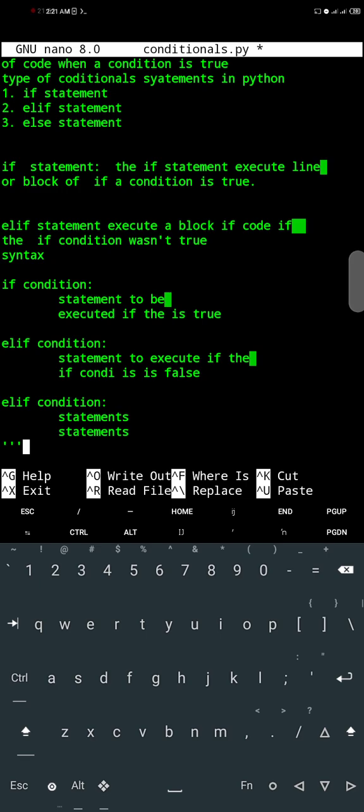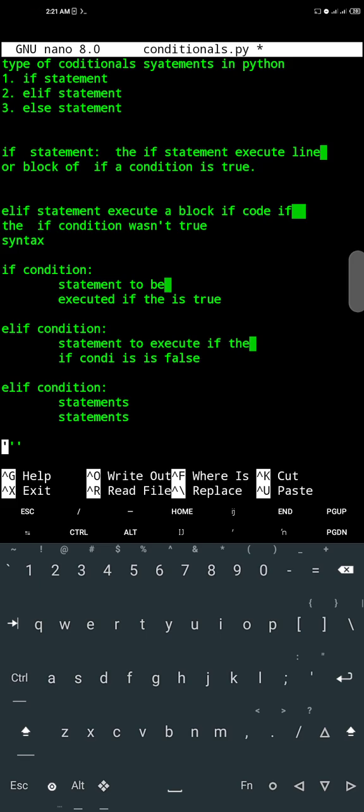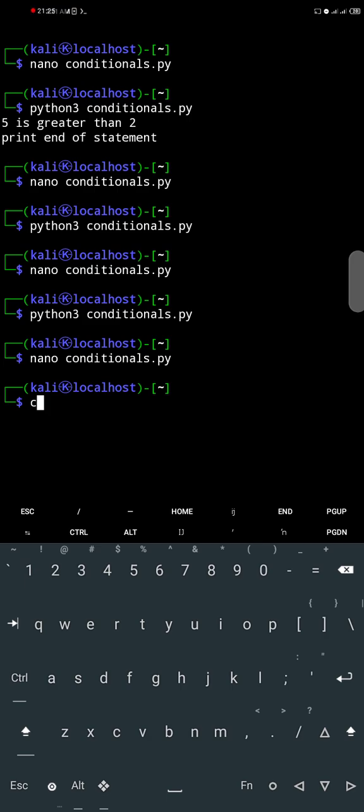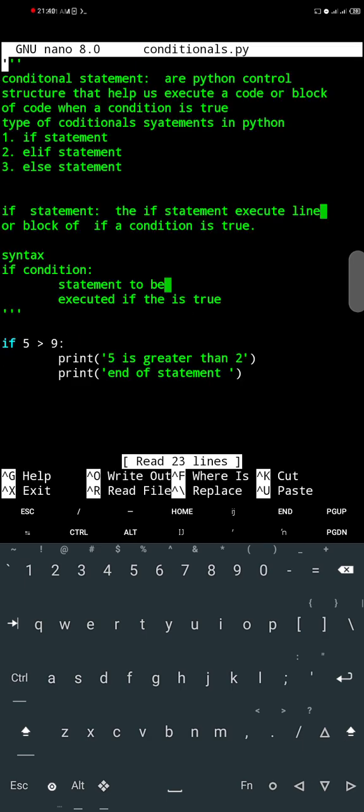Then we have the last type, which is the else. The else condition or the else block works only if all the conditions we have above were false. The else is the last statement to execute if other conditions were false. Example is the condition we have here on our screen. We have the if